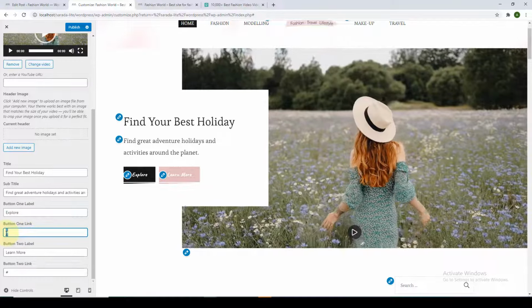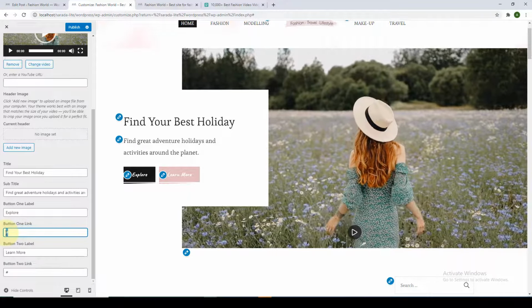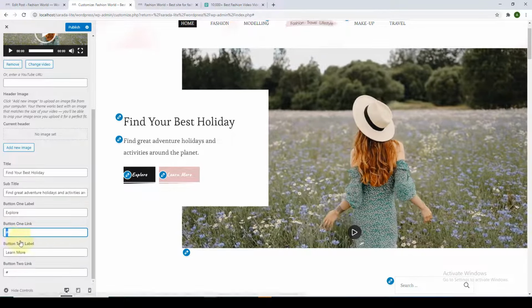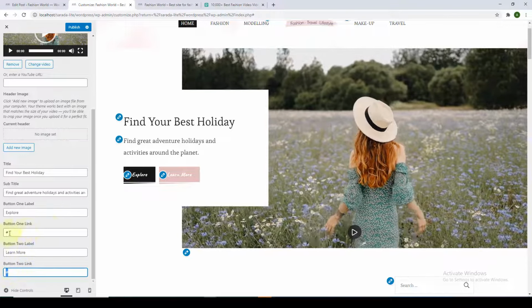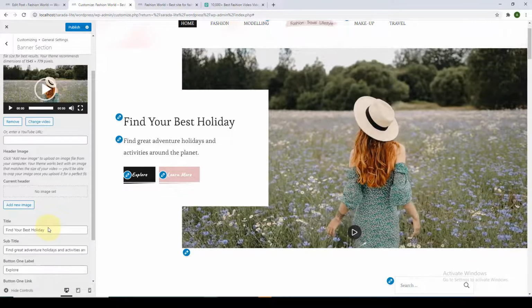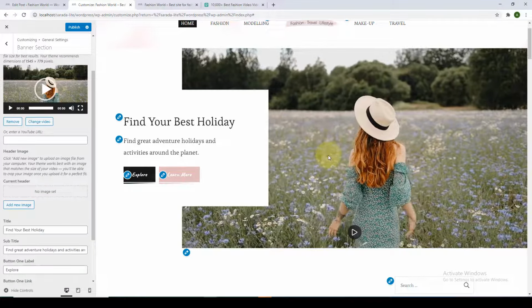Here, you have to add in the feature link to the post or the page that you want your visitors to land on when they click on button 1, and the same goes for button 2. Now, instead of a video like this, which was quite a short video that I added,